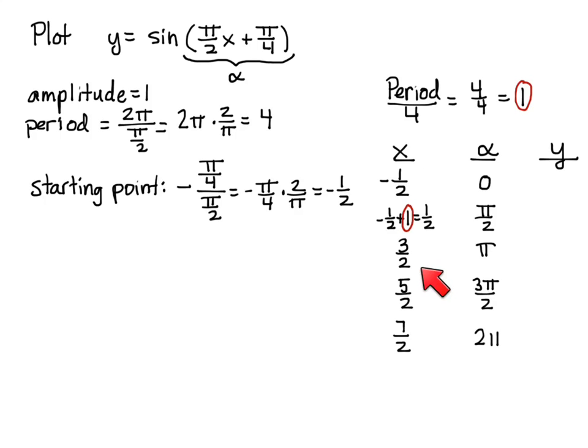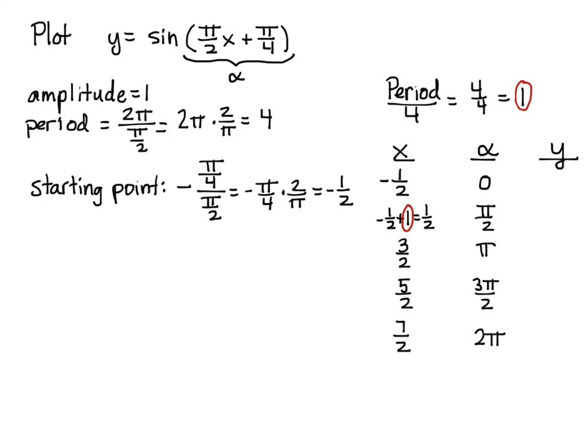I'll take my 3/2 here. 3/2 times pi over 2 is going to be 3 pi over 4, plus pi over 4 gives me 4 pi over 4, which is pi, and so on, all the way until I get down to